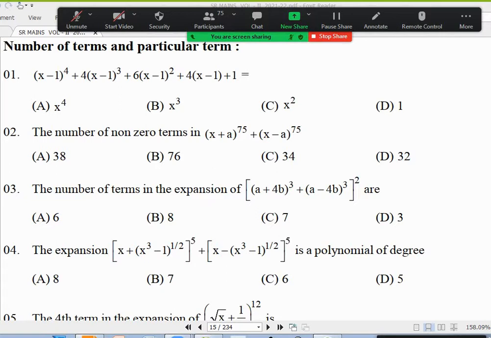Okay, very first question. That 1 4 6 4 1, you have to understand, is in the form of 4C0 (x minus 1) whole power 4, 4C1 (x minus 1) whole cube, 4C2 (x minus 1) whole square, 4C3 (x minus 1), 4C4. This is (x minus 1 plus 1) whole power 4. This is like A and B is like 1, an (A plus B) whole power 4 expansion, where A is this and B is this. 1 and minus 1 will cancel, you'll get x power 4. Of course, you can expand each one by binomial theorem and cancel everything, the answer will also come. But I don't think we have to do all that.